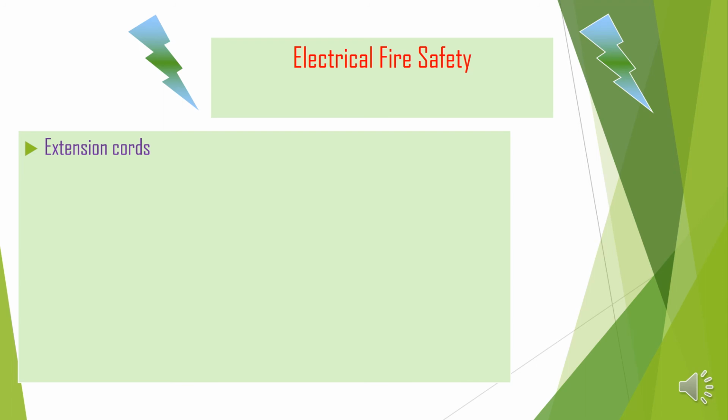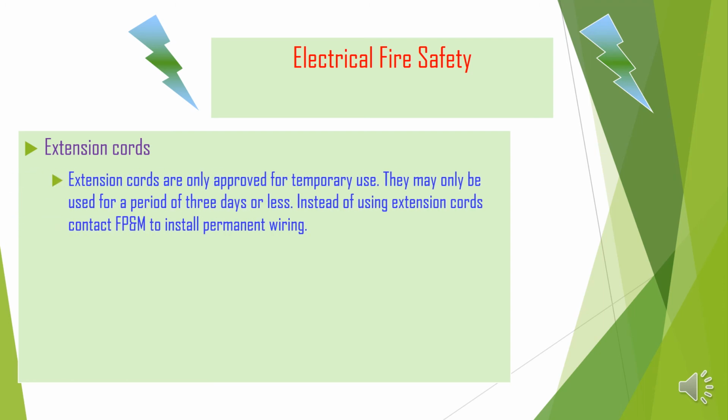What's the most important source of electrical fire inside a healthcare facility? Extension cords. It's number 1, for me. Do not allow extension cords inside your department. Extension cords are only approved for temporary use. We can use them temporarily for something light like a computer or printer, but don't use them for anything bigger than this. In healthcare facilities, they are sometimes used for toasters, microwaves, and heavy machines. It's prohibited to use them for something like this, and it's better not to use them from the start.